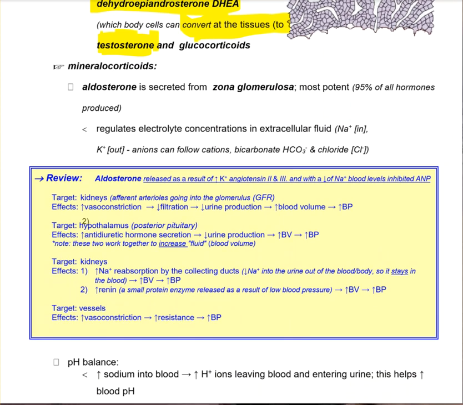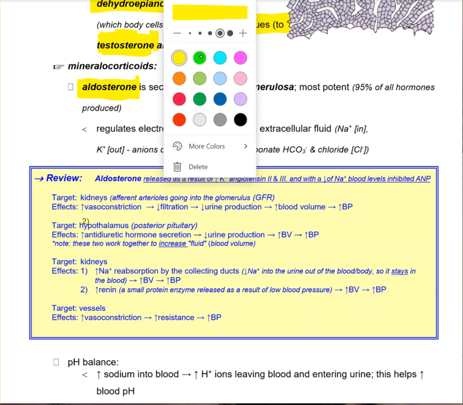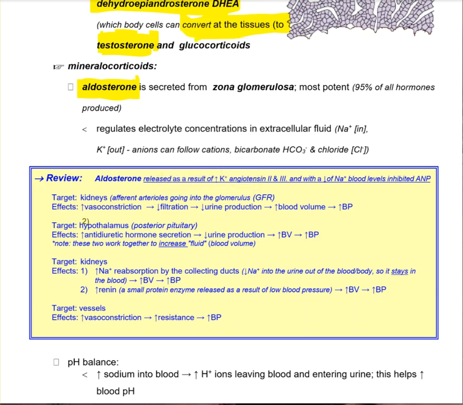All right, and so let's go back now, and we'll start back up at the top, and we'll talk about the mineralocorticoids, and specifically we're going to talk about aldosterone. And some of this is review, and there's a little more detail in here than probably we need to get into right now. Some of this we'll come back and talk about in the kidney, so I'm going to try to make this make the most sense. We'll see how I do without going into too much detail, which is always a challenge. All right, so aldosterone,